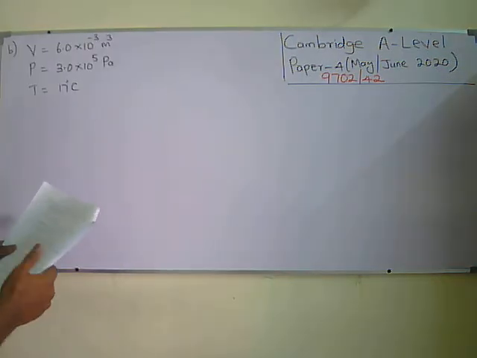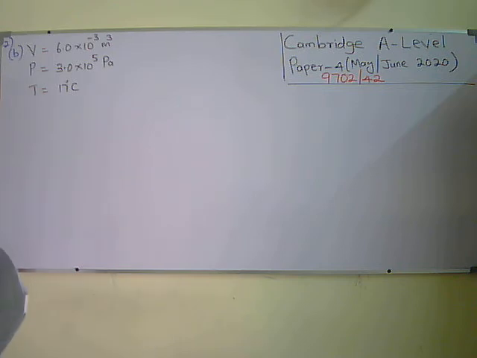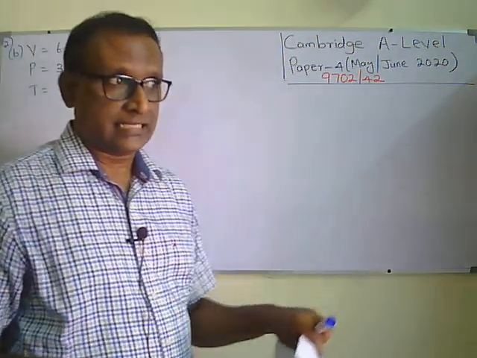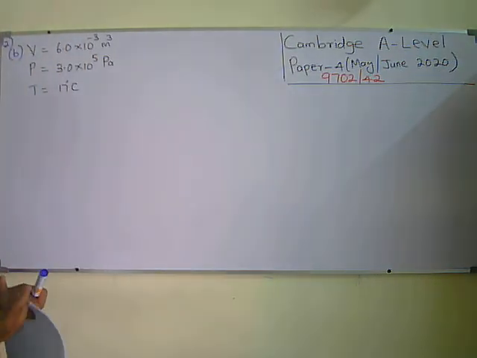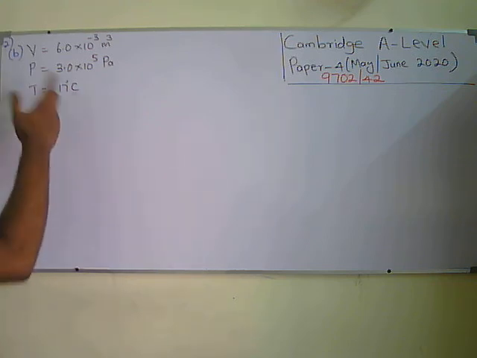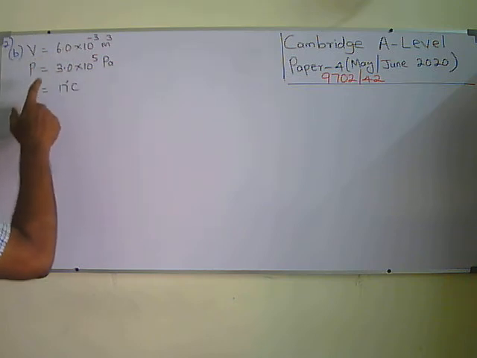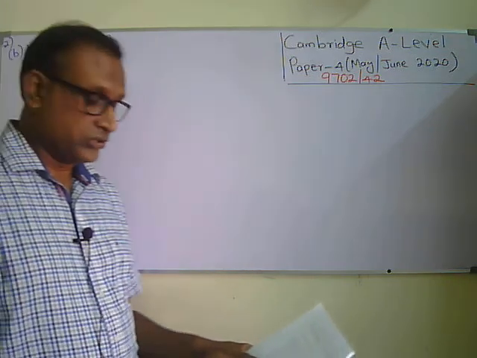Okay, question number 2, part B. This data is given for an ideal gas. Ideal gas mainly won't have any intermolecular force; there are some assumptions, you know that. So intermolecular force is not there, and its internal energy is only due to kinetic energy. They are giving the volume of the ideal gas, the pressure of the ideal gas, and the temperature in Celsius. Careful, it should be converted to Kelvin when we are using any equations related to gas.